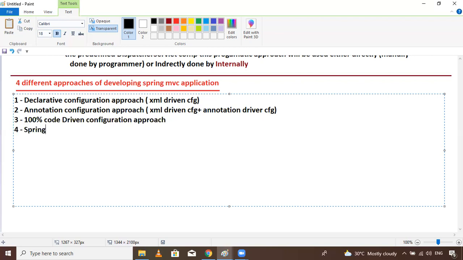Spring Boot MVC approach. This is our code. We use this approach, this one. So now here, the first and second approach,